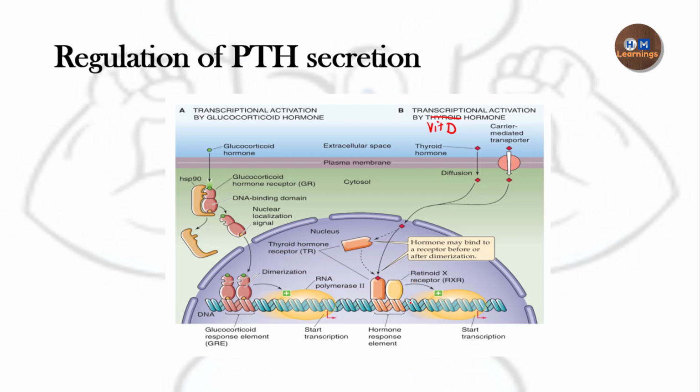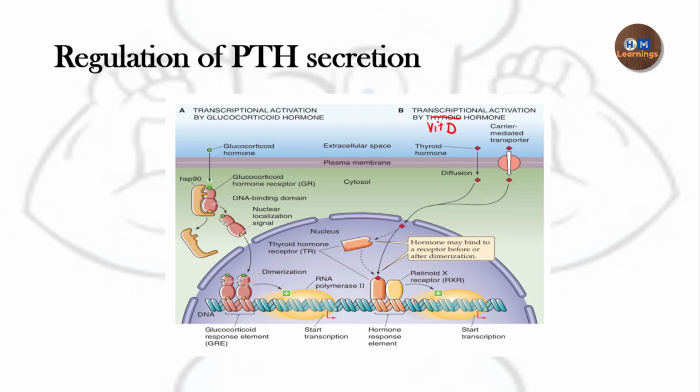Okay, so why am I telling you all these things? First, I have not told you this in the vitamin D video, and secondly, it has a role in the regulation of parathyroid secretion. Why? Because the hormone response element to which this whole complex comes and binds also has the regulatory element which is regulating the secretion of the parathyroid hormone. Means that this fragment also consists of the regulatory gene which is regulating the transcription, or you can say the synthesis, of the parathyroid hormone.